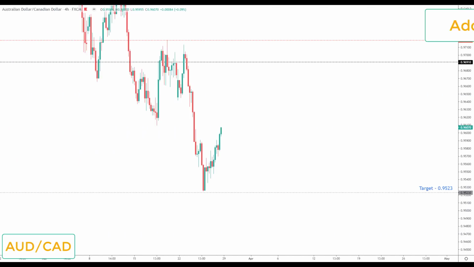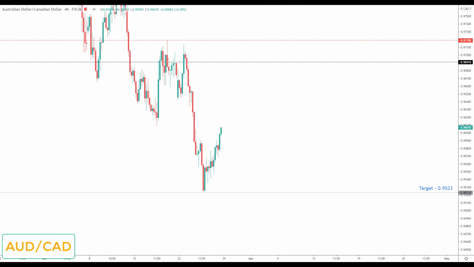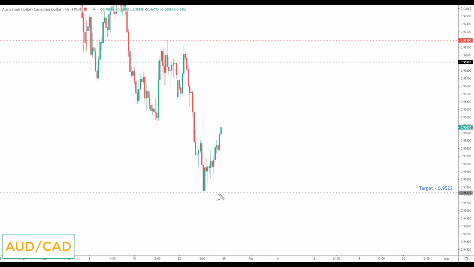Next is Aussie Cad. Now Aussie Cad is down on the watch list this week, and I must say I do like the look of this market going into next week. We have really nice momentum to the downside, and we also have, by the looks of it, the 1, 2, and then the third wave, and now a fourth wave correction for a fifth wave down. And you can see we sit right here. We missed this target last week just by a couple of pips at the 0.9523, so I do think this target could be taken out this week.